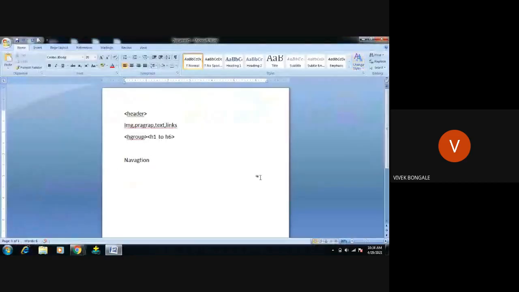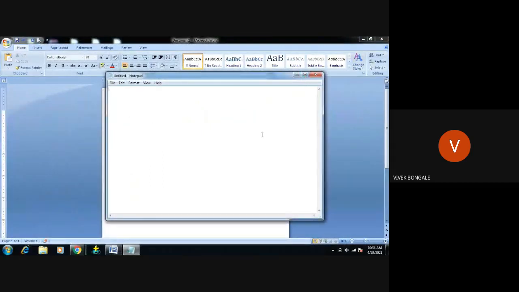The same, I'm going to use Notepad. If you want, you can use the Sublime editor also. What's the difference between Notepad and the Sublime editor? If you use the Sublime editor, the structure will be shown automatically. In Notepad we are typing doctype, html, body and all. But in the Sublime editor, the structure is displayed automatically. We only have to give the content.